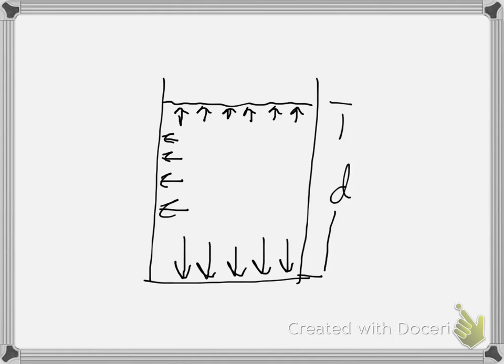So we can use this fact, that there's pressure exerted in all directions in a fluid, to our benefit. And to make some sort of engineering ability out of this fact, we use what's called Pascal's principle,